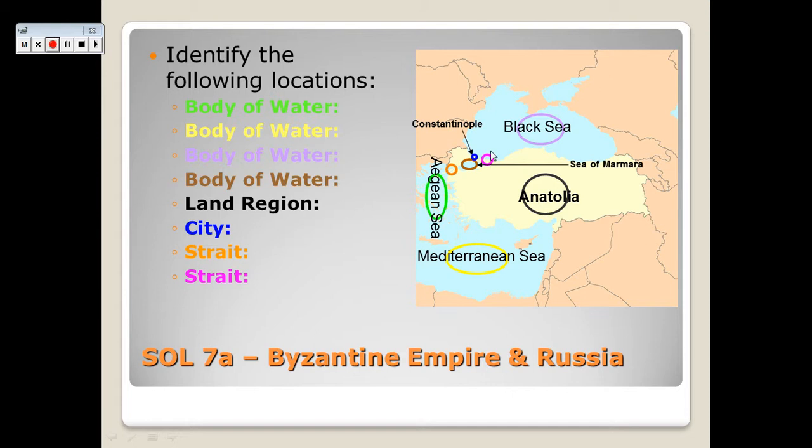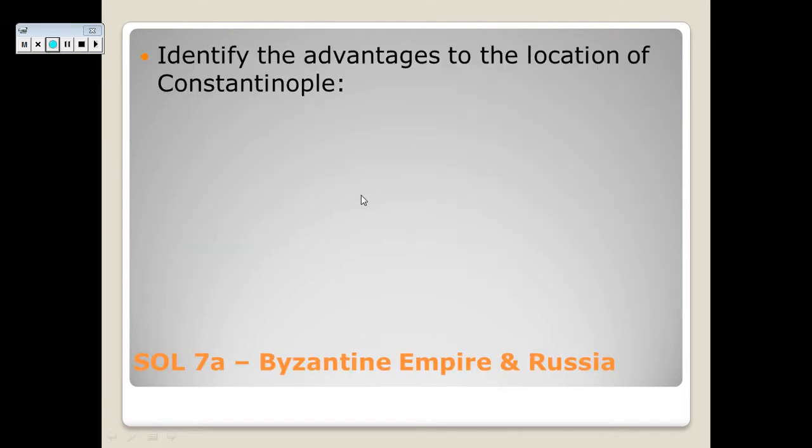Alright, the city of Constantinople is overlooking one of the two straits right there on the Black Sea. The two straits are the Dardanelles by the Aegean and the Bosporus by the Black Sea. Easiest way to remember which one is which is B with B, Bosporus with the Black Sea. So that's our map in and around the Byzantine Empire.